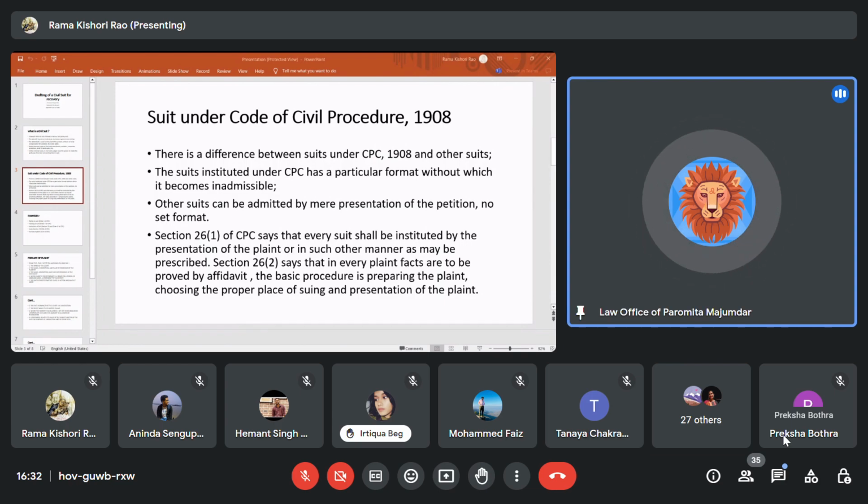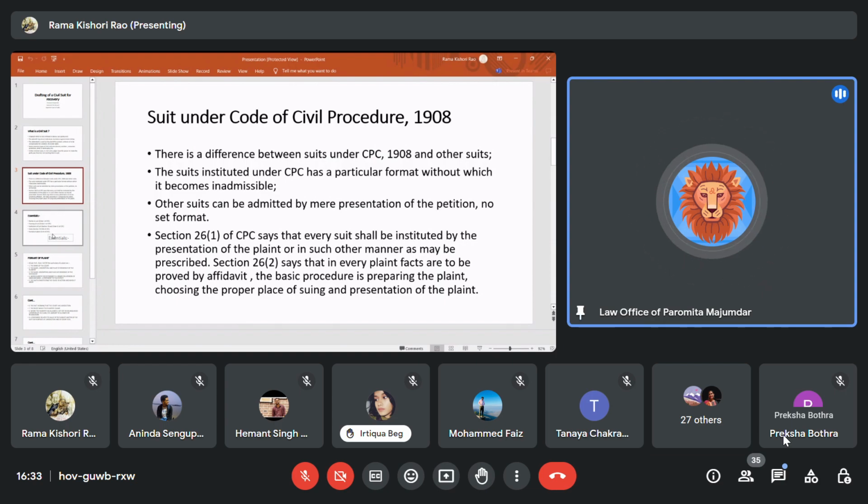Why does a person need to file such an affidavit? Because you can write anything in your plaint, but you can't just lie to the court. If you write something in a plaint and the other party objects, and comes up with a document showing that the contents of your plaint are not correct, then you are liable to be prosecuted under perjury.